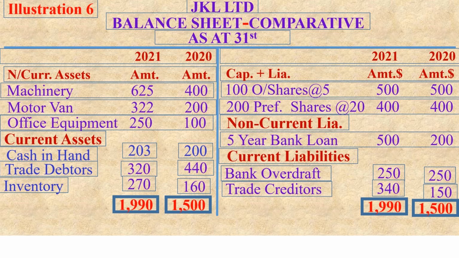Similarly, on the side of capital and the liabilities, it is possible to see the movement of the individual balance sheet items between one year and the other, and make your own interpretation for the sake of operations of this